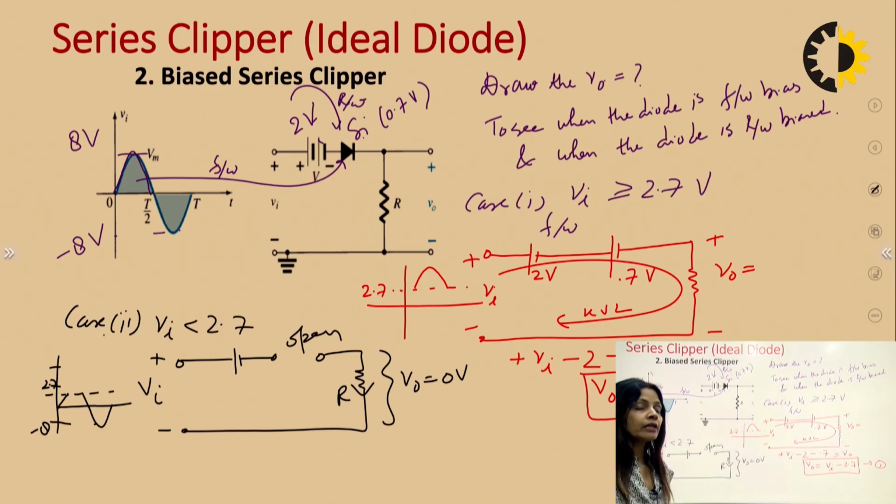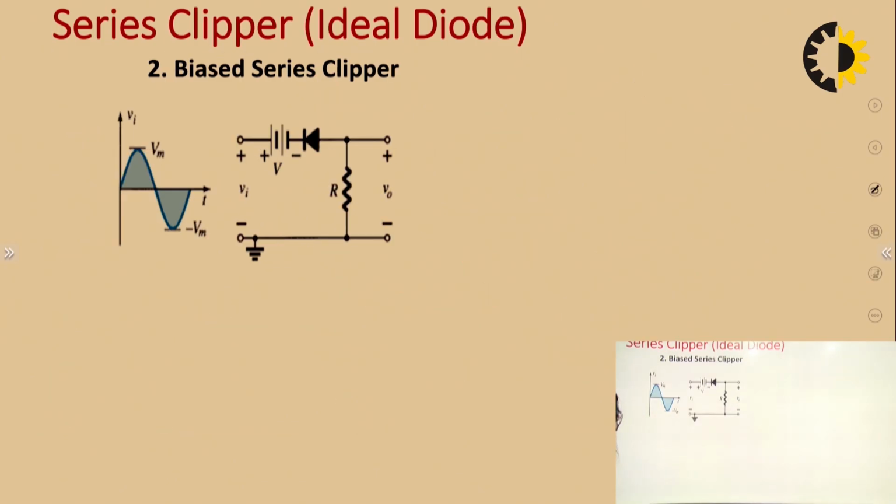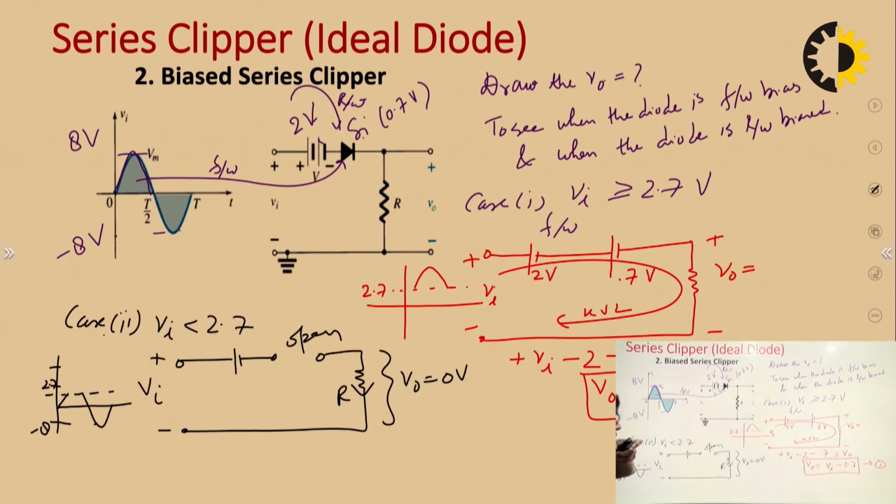Always remember, whenever you are solving a clipper question, you will make the total circuit in both the conditions, when the diode is forward bias and when the diode is reverse bias, and solve the question. And you will definitely get the answer. If you make the circuit in both the cases, then you are going to get the answer, right? What we have to do now is, we have two equations and we have to